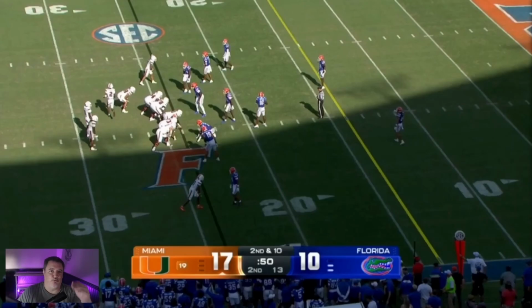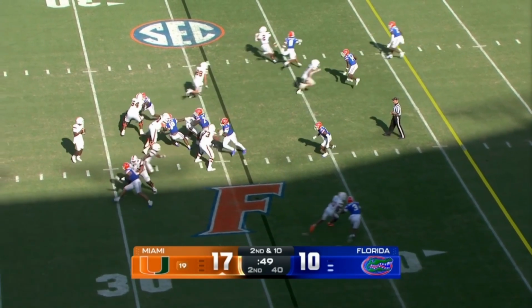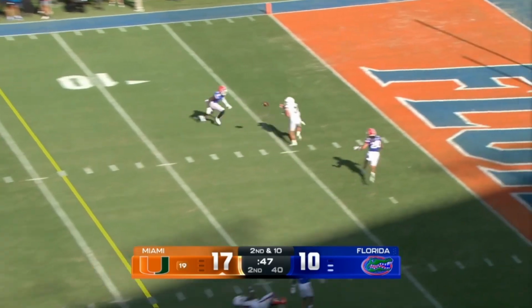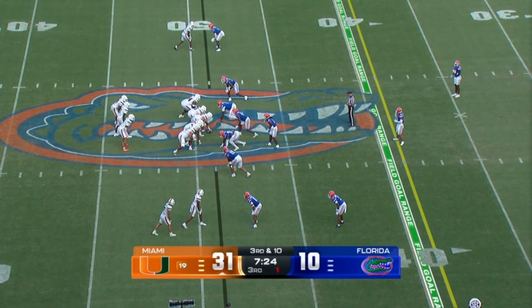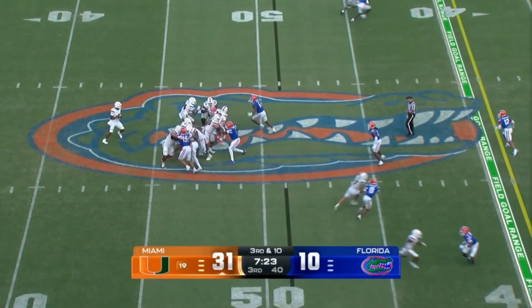Cam Ward in Miami looked really good this past Saturday against Florida. And for this video, I want to go ahead and highlight two plays particularly from this game. The first being this touchdown pass to Restrepo near the end of the first half. And then the second one in the middle of the third quarter, this 3rd and 10 conversion that Cam Ward